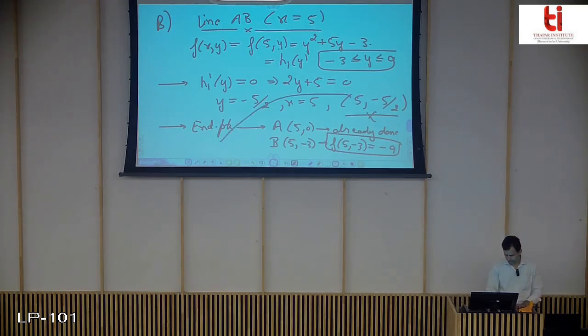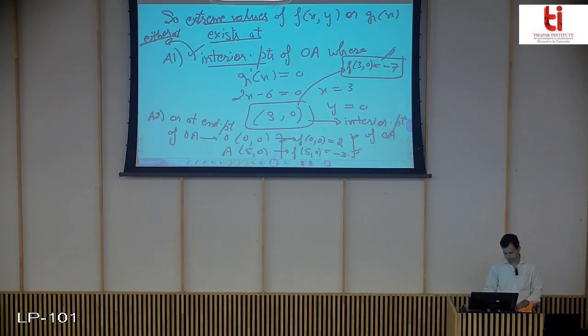Also, the value of the function at (5, -5/2) comes out to be minus 37 by 4. So this is how you can do it in a more precise way, where we are not writing much of the theory, because I hope that by this time all the things have been clear to you.